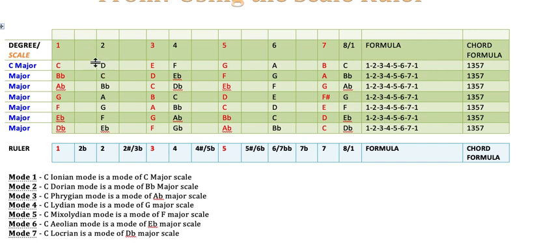Now, you may want to notice that in each case, because all these are major scales in here, it means that just as C Ionian is the same as D Dorian, E Phrygian, F Lydian, G Mixolydian, A Aeolian, B Locrian, we have the same notes. It's the same as here, B flat Ionian, and C Dorian, D Phrygian, E flat Lydian, F Mixolydian, G Aeolian, A Locrian. So you can do the same on all these. So they're the same. So here we go. This is what we have, and all these major scales. So that's why we have these